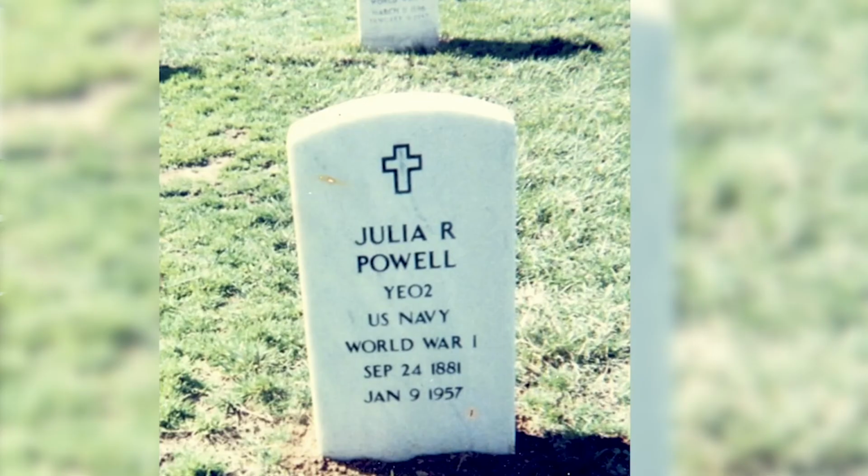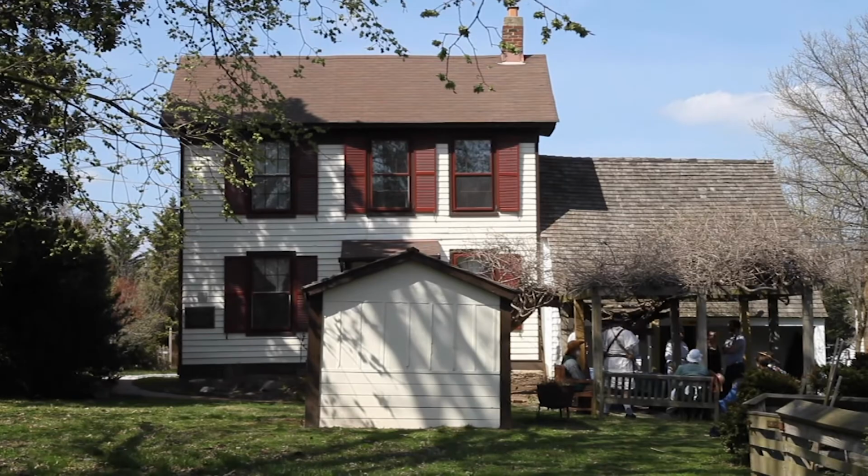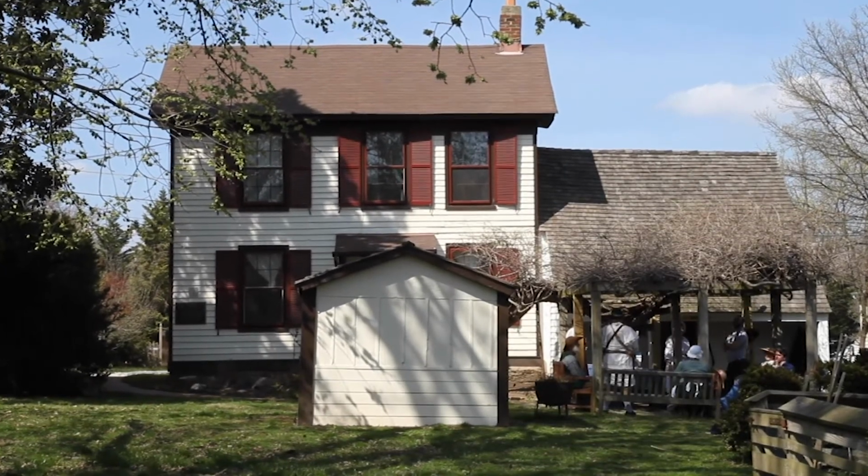Her aunt, Julia, dies in 1957. Her Uncle Will dies in 1969, and he bequeaths her the house. In the meantime, she's already got her own home. She doesn't really want the house. She doesn't really need the house. She tries renting it out a little bit. It's just not for her. She knows how old it is. In